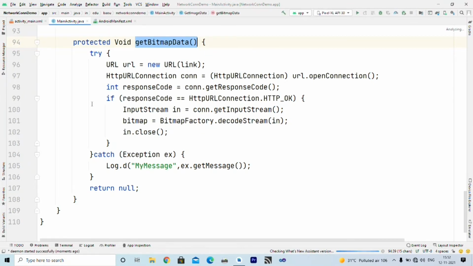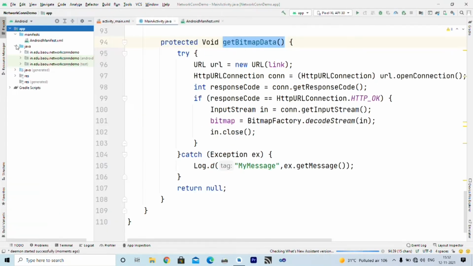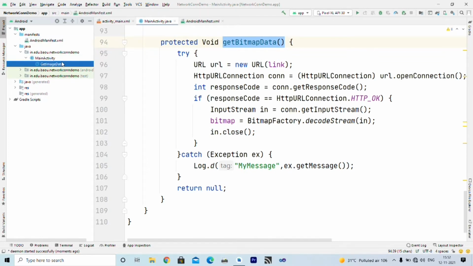First we will understand the project structure. This is my manifest file. This is my main activity file, inside which I define one local class, GetImageData, which extends AsyncTask.